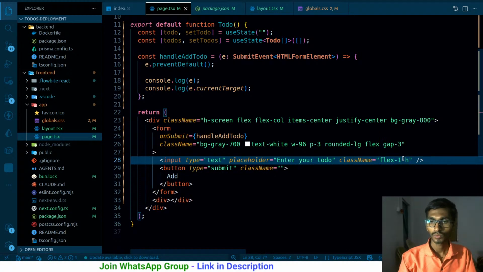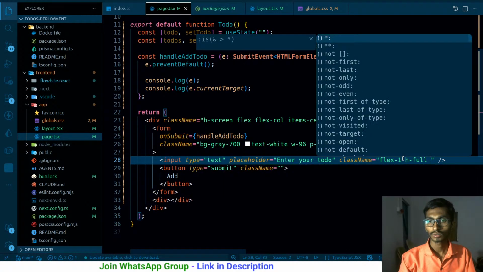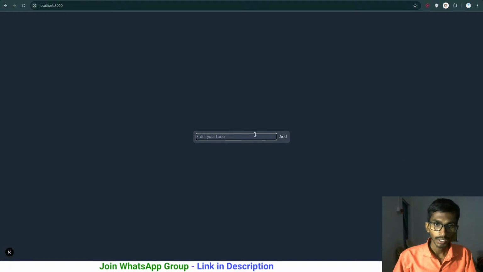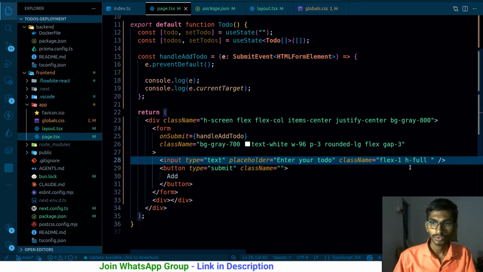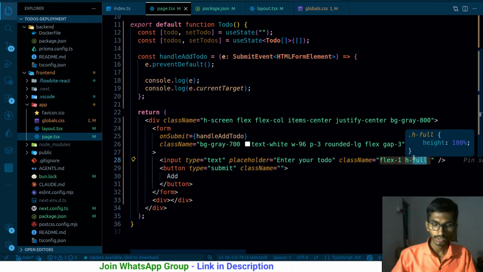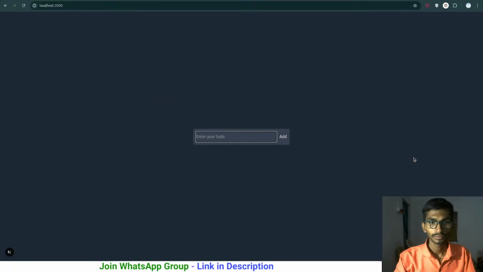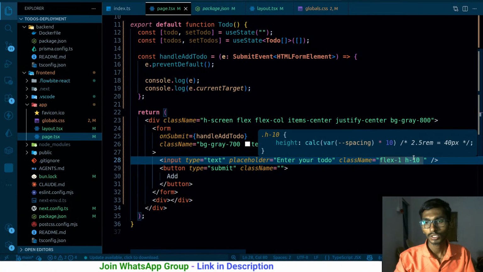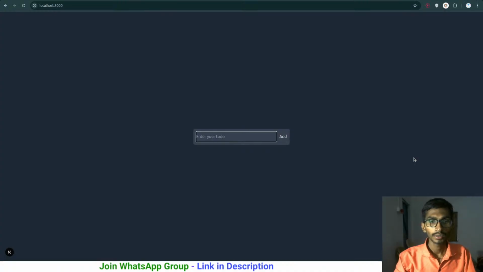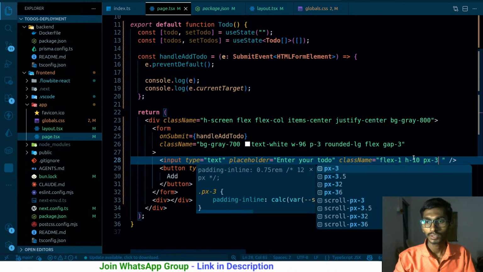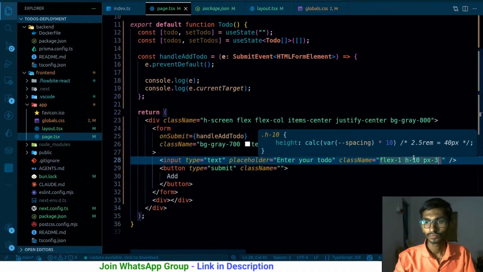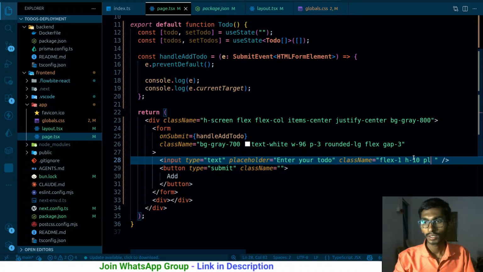This height full should be working, and if giving the height full does not work here, that simply means it doesn't have enough space. So in that case, height 10, that's fine. And padding left is gonna be 3,